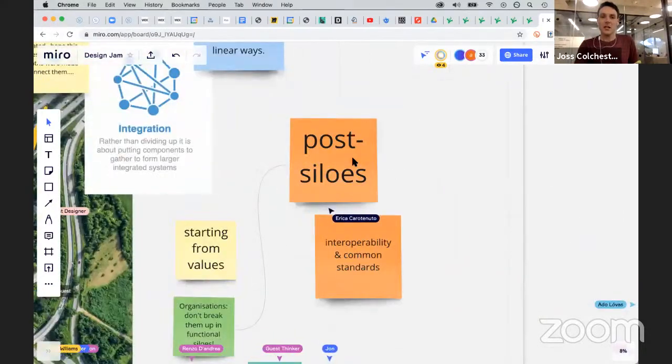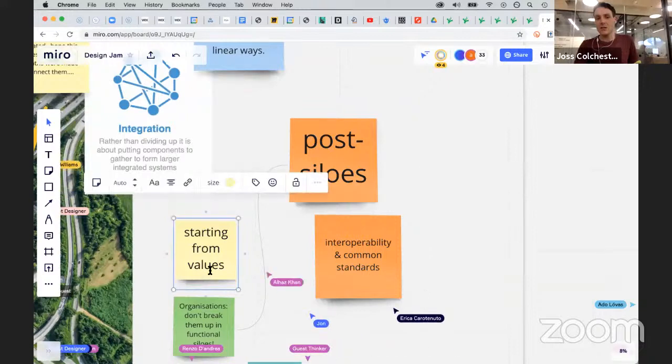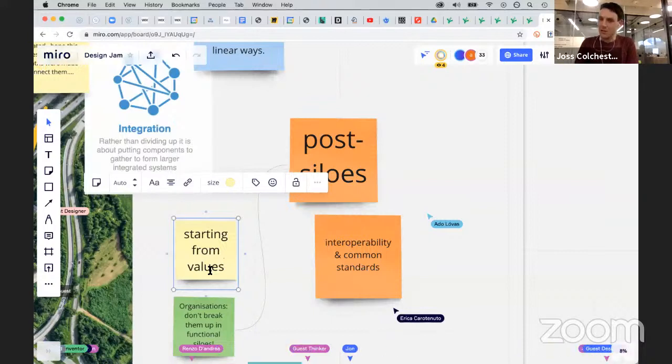So post silos, and often we start with a scarcity mindset, don't we? We don't actually start with this question. If you look at healthcare, it always seems to start with, we've got this budget, and we've only got this many people, this many beds, this many hospitals, so we'll have to do that. It doesn't really start from the other end of what's possible and values, and then work backwards. I think a lot of the decisions are driven by the scarcity mentality of organizations, that we only have this much money, we only have this much, and so forth.